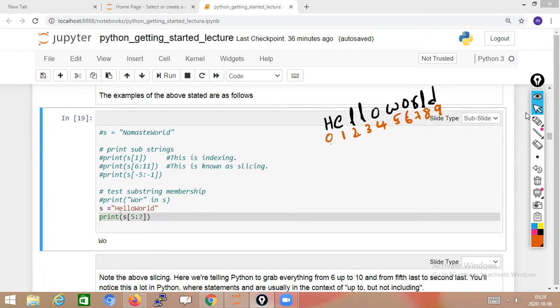When you do 5 to 7, it means index 5, counting from the left side onwards: 0, 1, 2, 3, 4, 5. And 7 means it ends at 6, so you got this output. When you take negative values, it starts from the right side onwards. If you take positive values, like 5, it starts from here. If you take negative values, it comes from the right side onwards. That we'll discuss now.